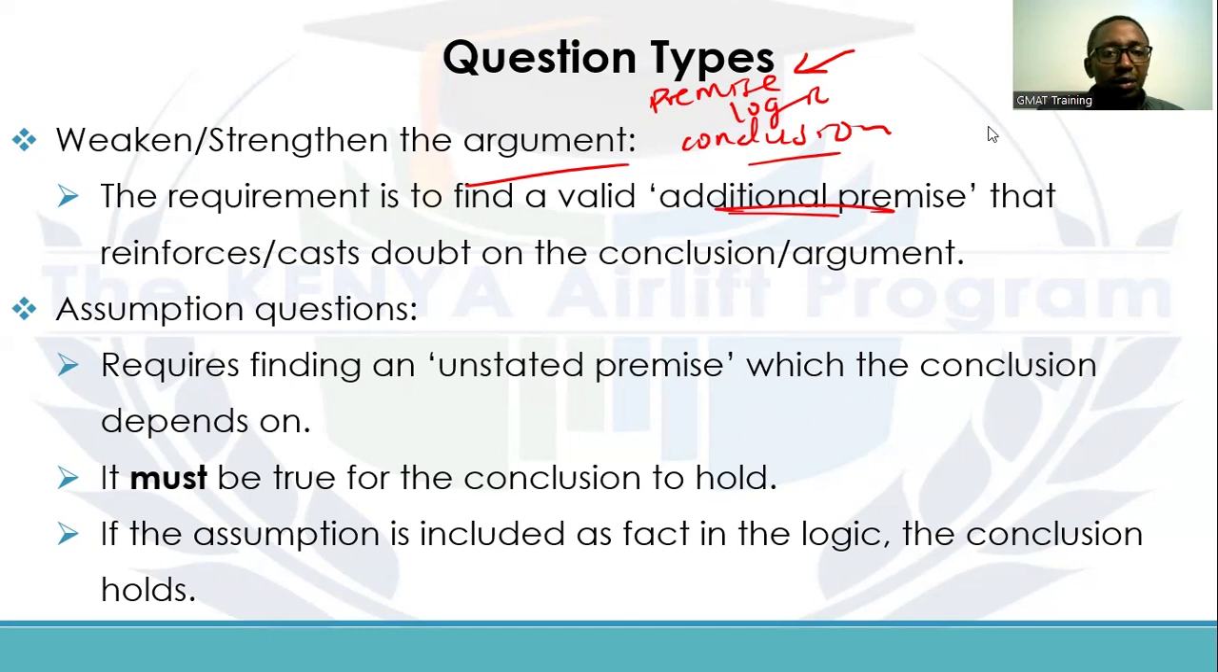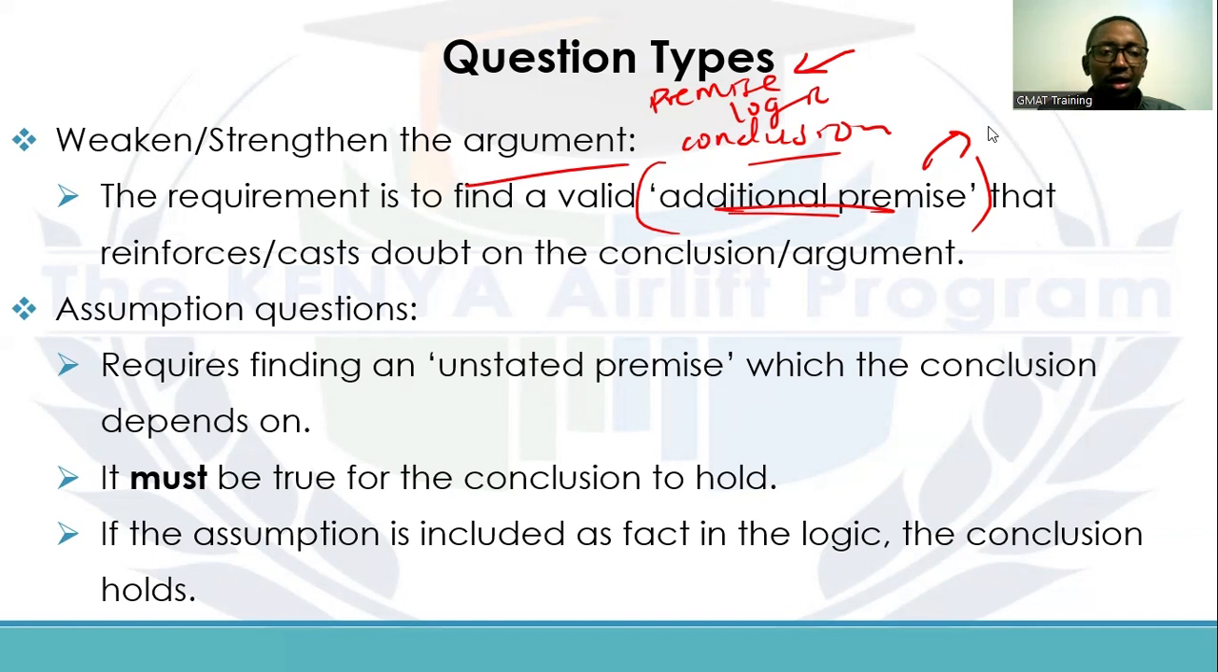So especially if you look at weakening, you will find that sometimes this additional premise kind of tells us that there's a premise that wasn't really a fact. It was an assumed fact, which wasn't actually a fact. So that's weakening and strengthening the argument. You just need to find extra information that changes the conclusion according to what is needed, either weakening the argument